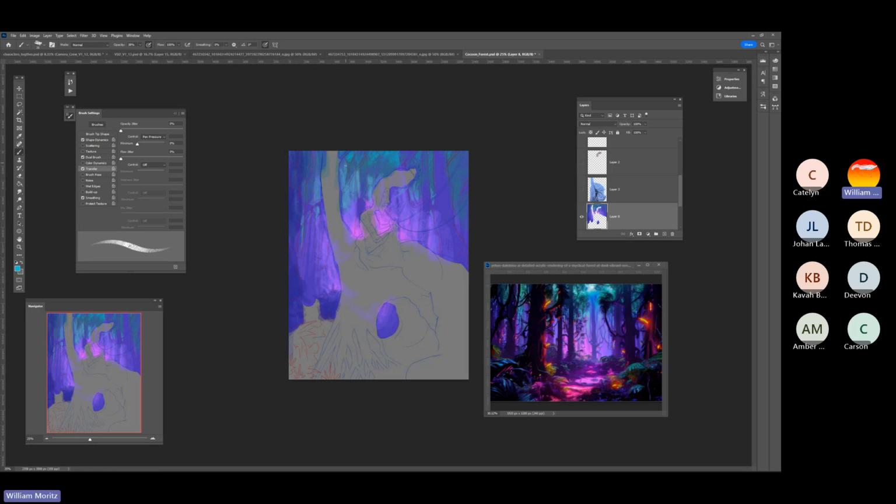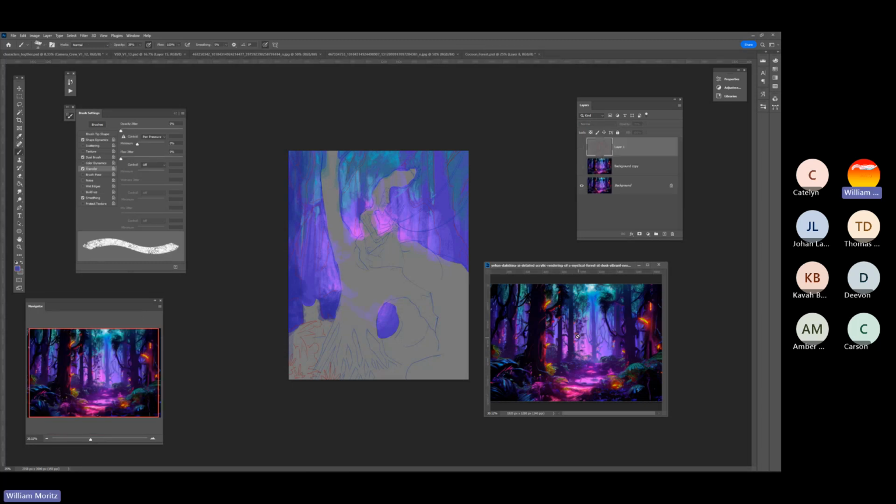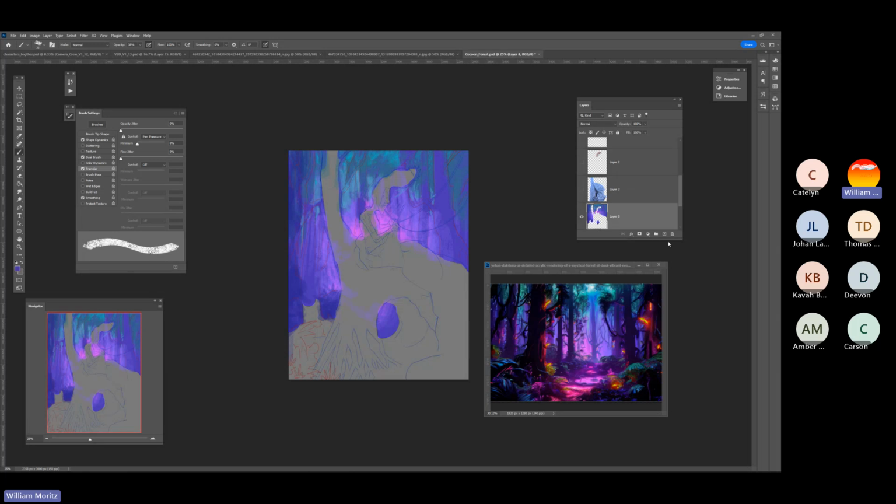Notice that I'm being really cautious about the shapes that I'm making with my brushes. There's a variety, there's a rhythm to the line marks that I'm making. I'm starting off broad and then working my way into smaller strokes. So now we're finally at a good spot to go in and start adding some of those background trees. So I'm going to create my first new layer and let's make the background trees,